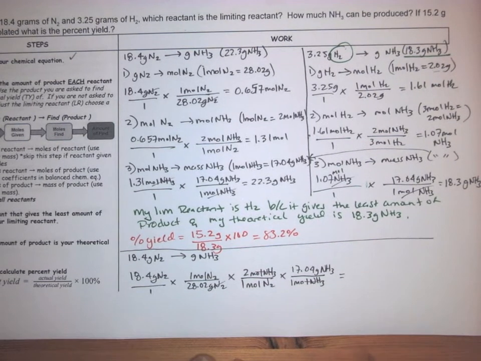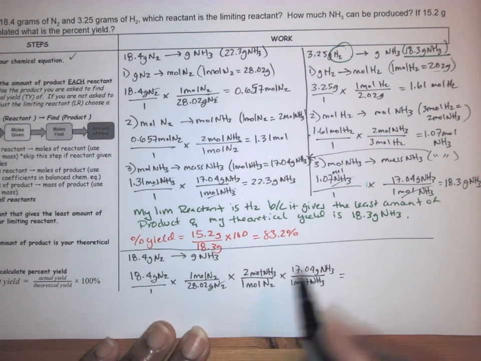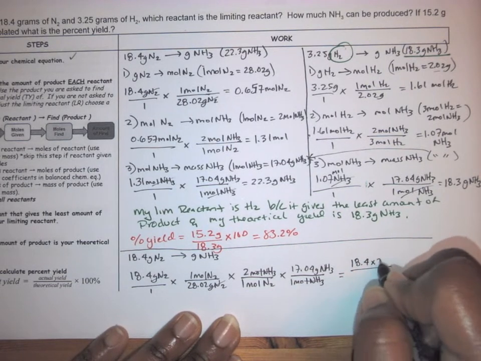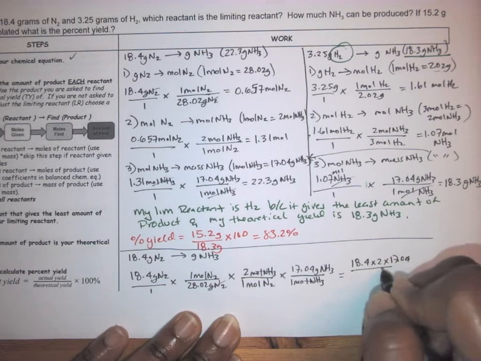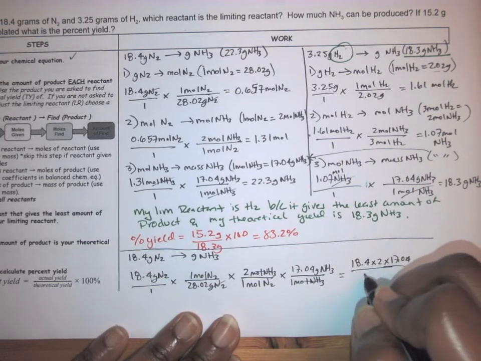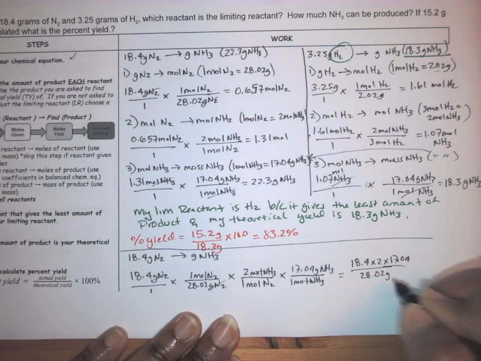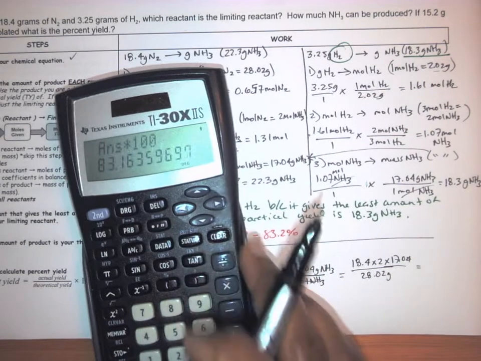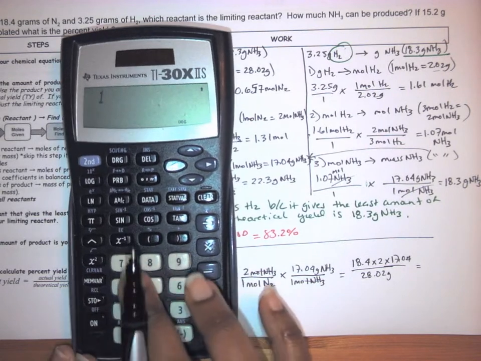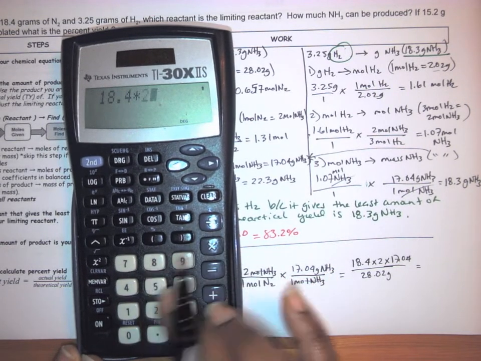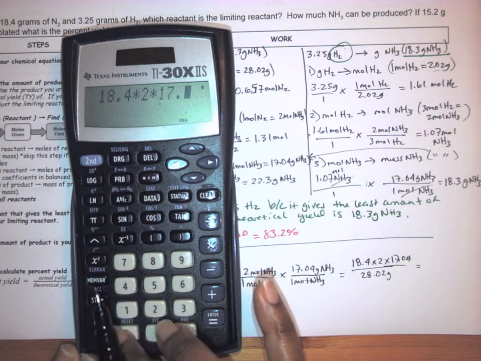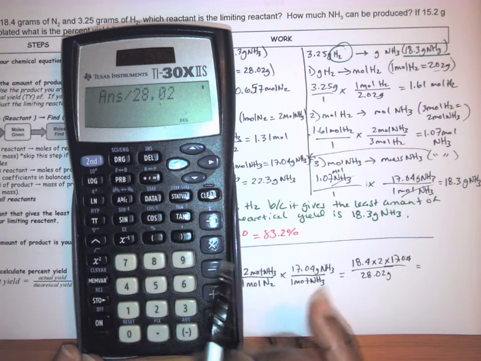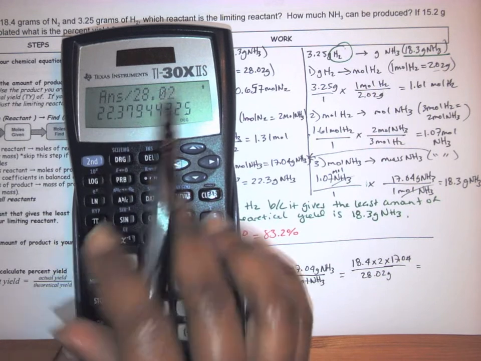Now I can do my math: 18.4 times 2 times 17.04 on the top, and on the bottom, divided by 28.02 grams. When I plug that into my calculator, I get 22.4